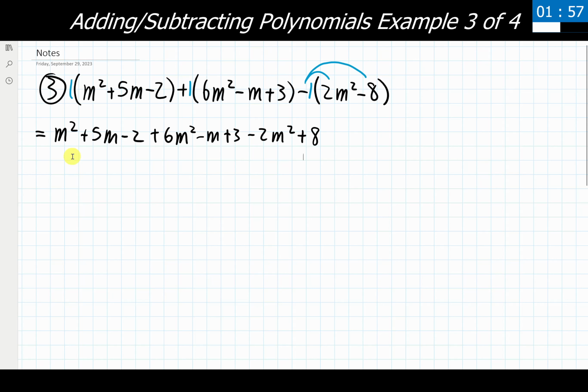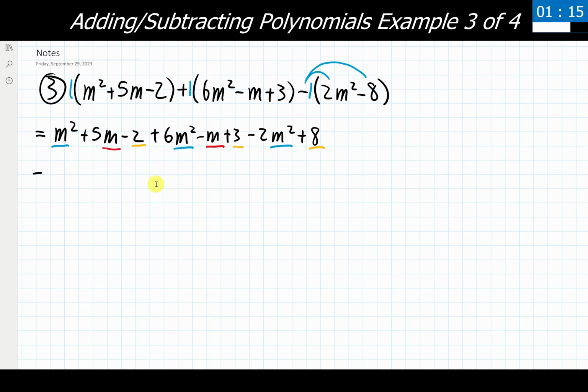For this one, I'm going to use what we did with our previous problem, which is just underline like terms, and we'll reorganize them once and then add or subtract them together. Again, you do not need to do this with your problems if you can keep track of everything, but it is something I recommend trying if you are struggling with keeping track of how much is going on in the problem. So I have m squared terms, 3 of them in this problem. And then I also have m terms in here as well. So I have an m and an m there. And then what else do I have? Well, I have these constants in here. These constants are just numbers. We can also consider them to be like terms as well.